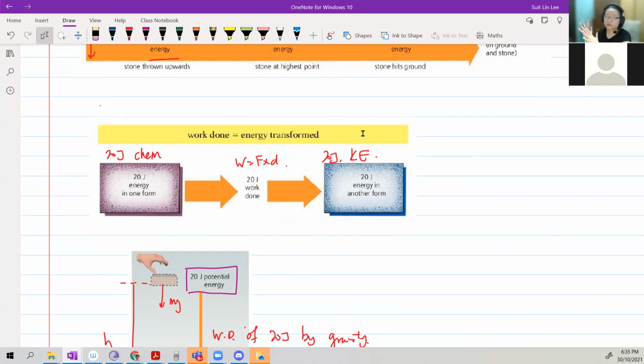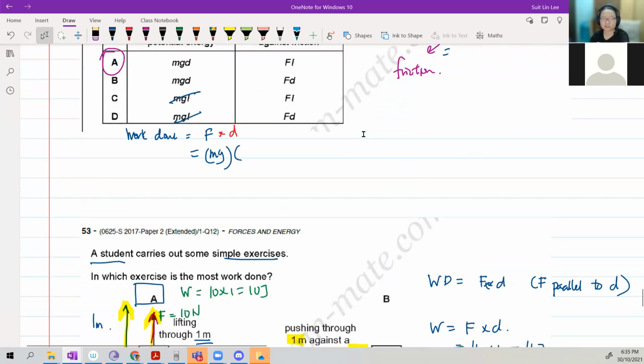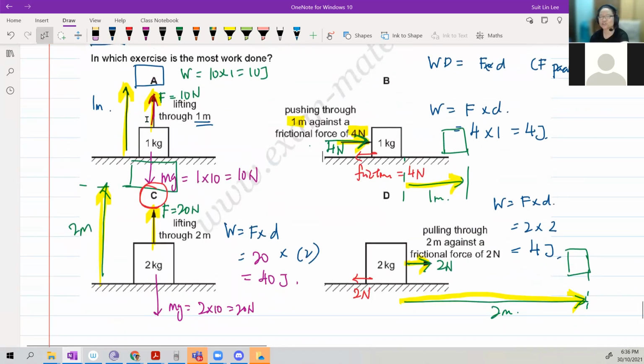To refresh your memory, I will probably give you a few objective questions to try regarding this whole idea of work done as energy transfer and types of energy. Just MCQ. So try them, or fill up the form if I create a form. If not, you just try them first before I see you next week. We continue with energy conversion and also the equations for how to calculate kinetic energy. But master the basics first. W is force times distance. Force and distance are parallel.